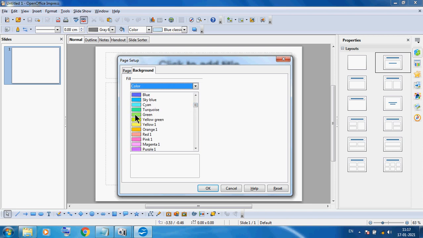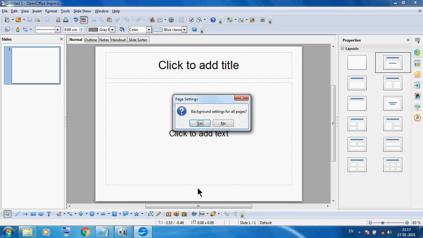So simply here I am using green color, and then I click on OK. So I want green color on this particular slide, so here I am using no. Okay, if you select yes, then all the slides will be the same color, but I want to use green color only on this slide, so here I am using no.